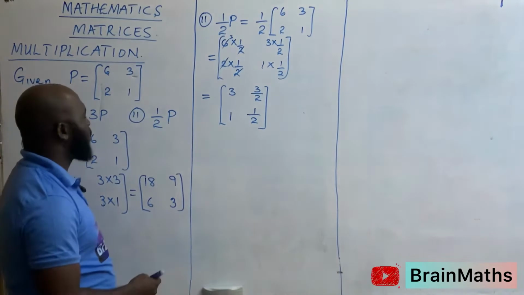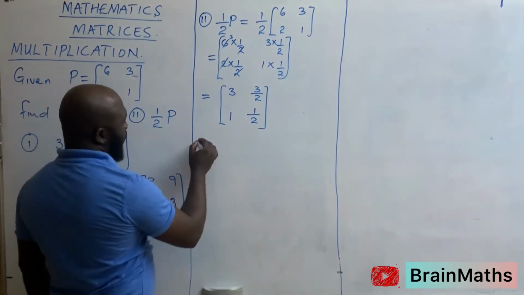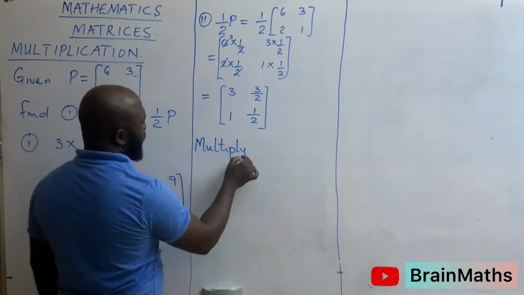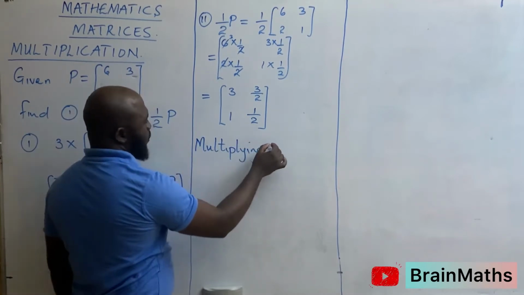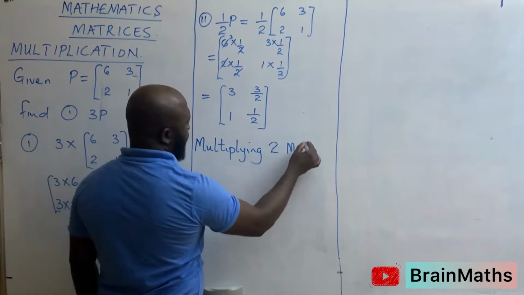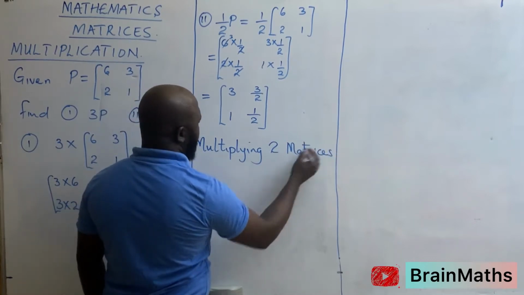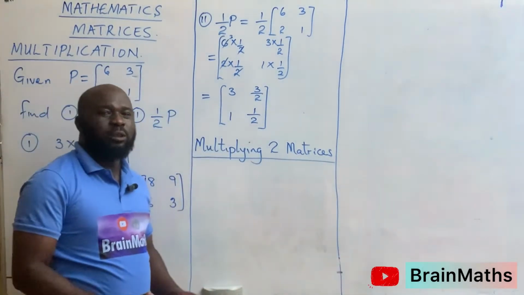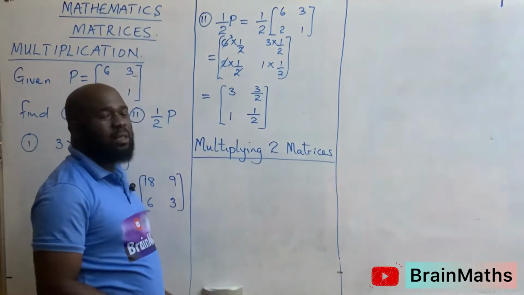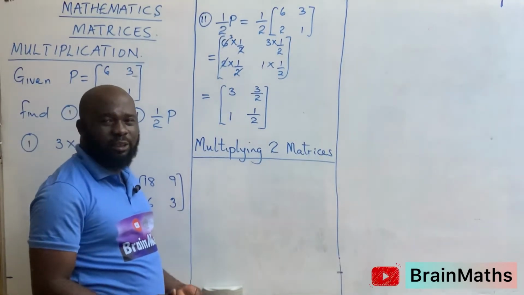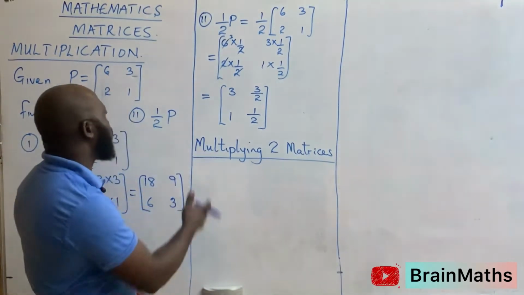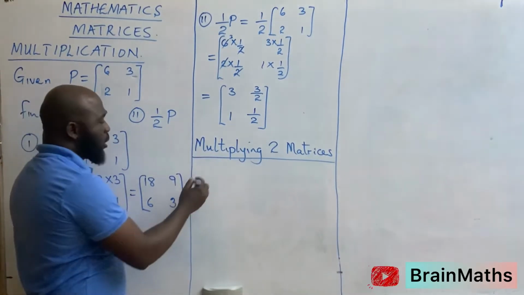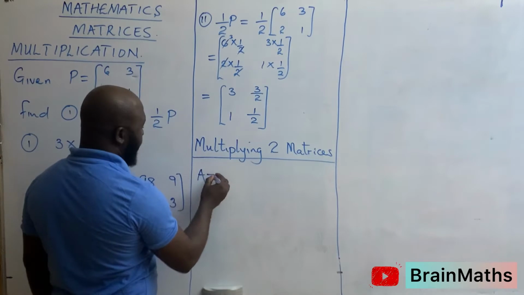So the next one is multiplying two matrices. When you are asked to multiply two matrices, the pattern and the way we multiply two matrices is not the same as how you multiply a matrix by an ordinary number. If you're given matrix A to be